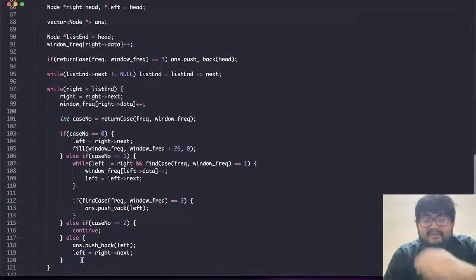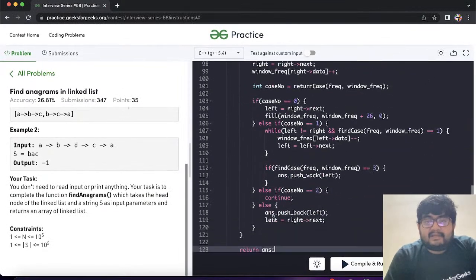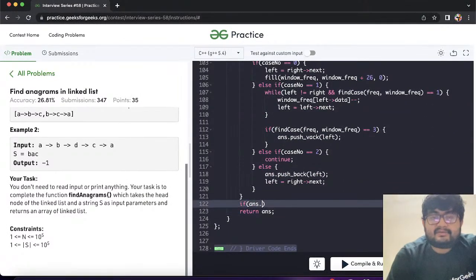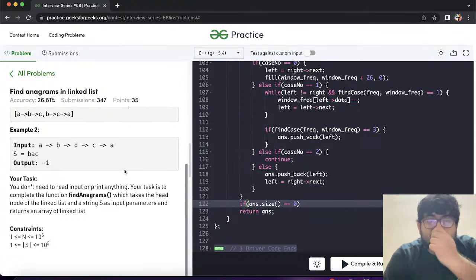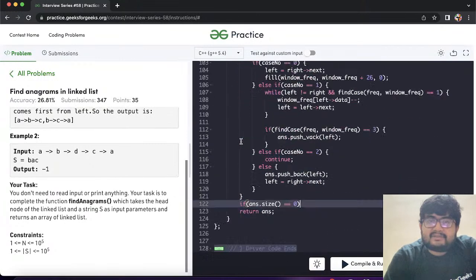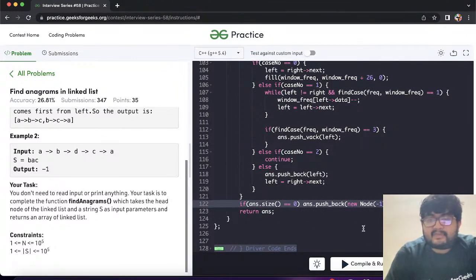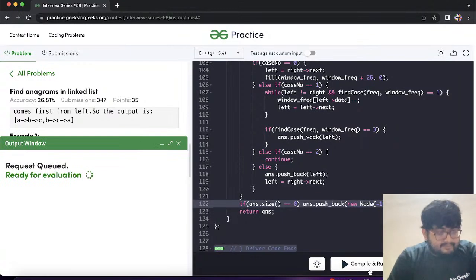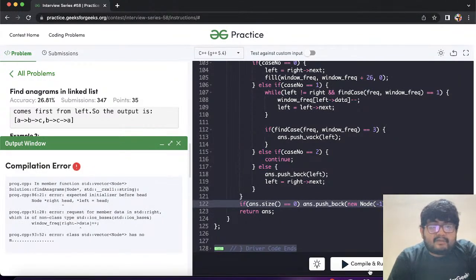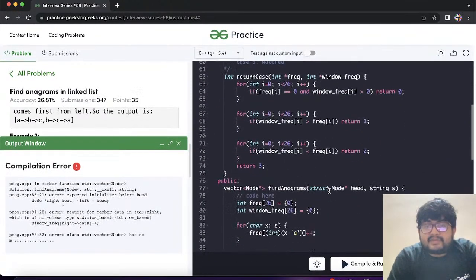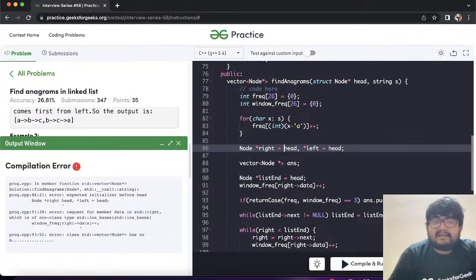So we have this, and definitely if answer dot size equals to 0, we have to return nodes, right? Answer dot size equals to 0, answer dot pushback new node with, let's run this, node star right equals to head, p right equals to head, and left equals,